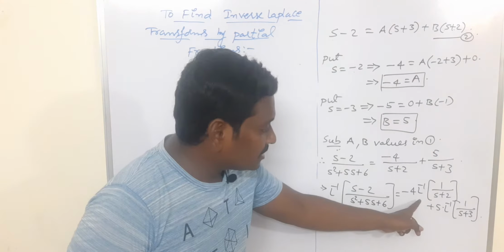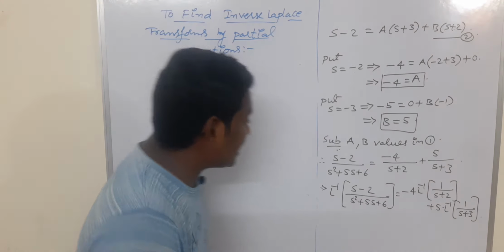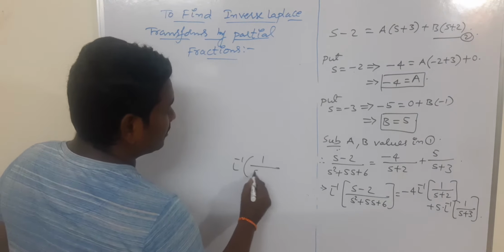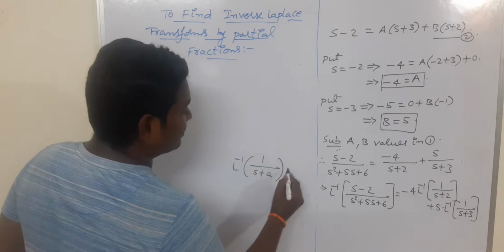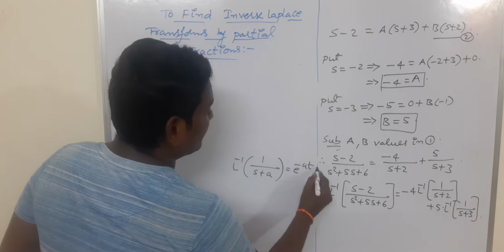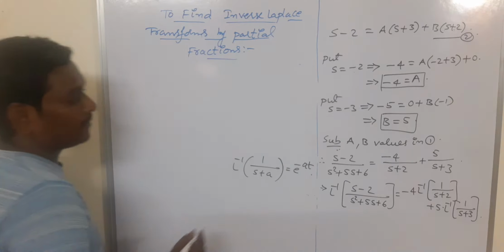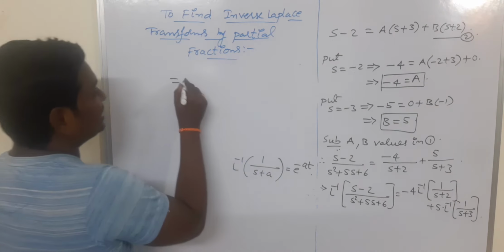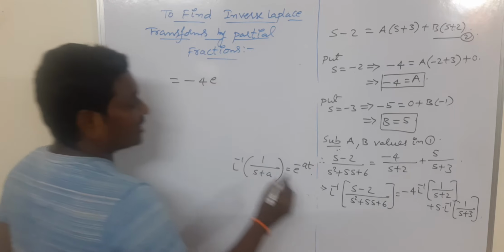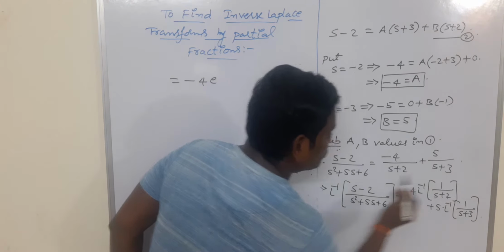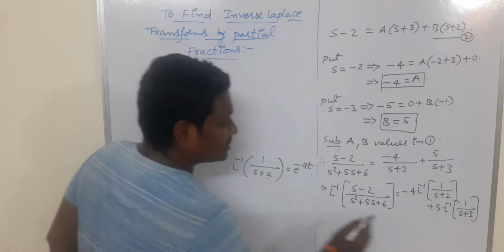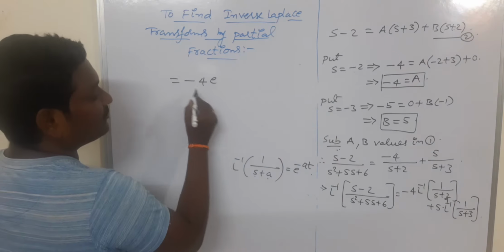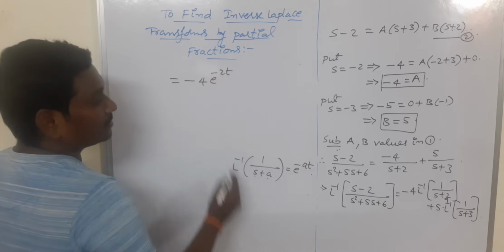We are observing that the first part and second part are in the form of L inverse of 1 by s plus a. What is the formula for L inverse of 1 by s plus a? E power minus at. That's why this term becomes minus 4 into e power. Here we have 1 by s plus 2 instead of s plus a, so a value is 2. Substitute a is equal to 2 in this formula. So you will get e power minus 2t